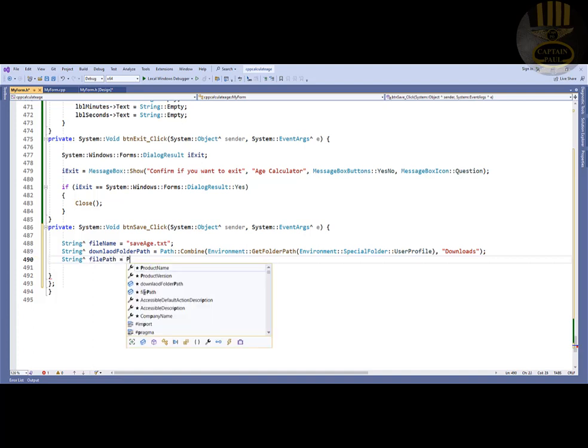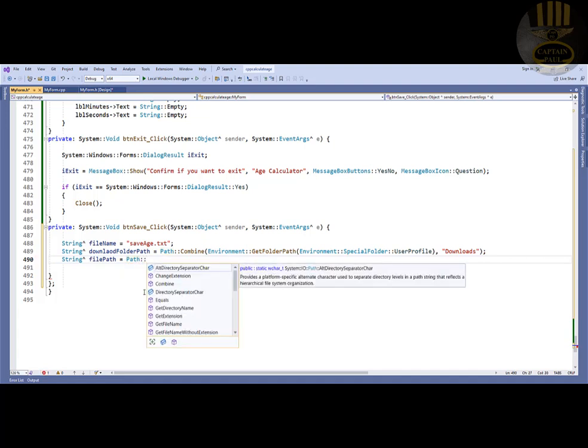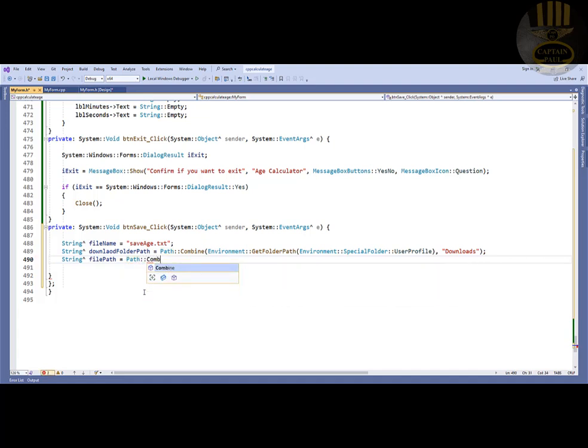That is going to be equals path, column, combine, download path. Grab all of download path, download path, comma, file name. There, paste that here, and enter,